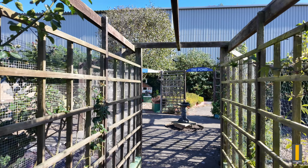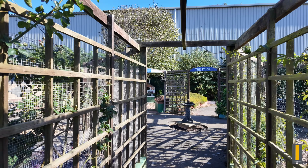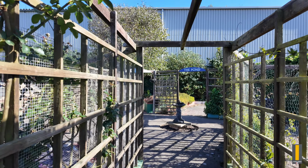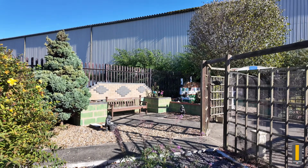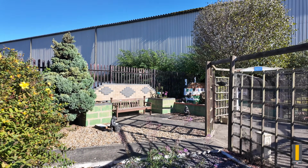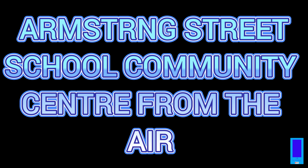You can see through there, look. There's the pond. And the Remembrance Garden through there. Other side. There we go, there's another one down there. Look, you can see it all through there. Okay, so let's go up in the air and have a look at Armstrong Street Community Centre from